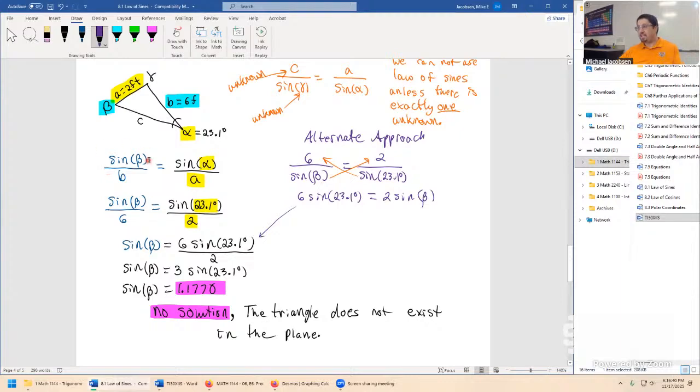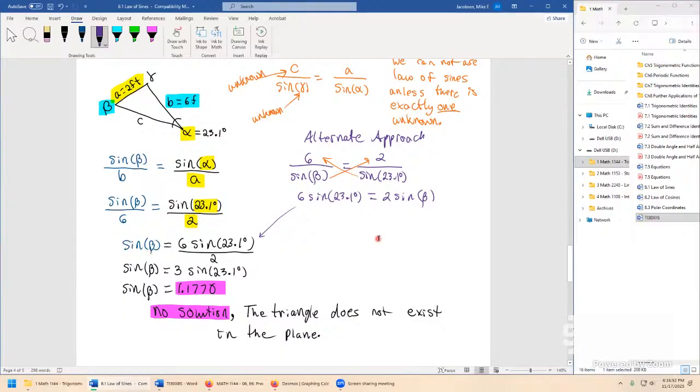So I guess the short answer is I flipped it with sine beta in the numerator only because that was the major angle I was solving for. And it made the algebra just much faster to get sine beta all alone. Okay, but both would have worked.